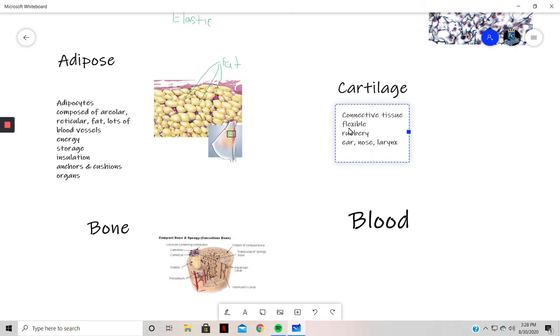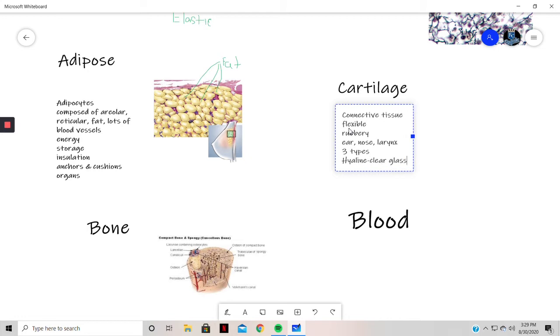Now, cartilage, and again, nursing students all over the room, you guys probably know this, but there are three types of cartilage. I'm probably going to run out of room here. I'll have to move that blood down a little bit. But three types. First type, hyaline cartilage. Let's see, what are some things we need to know about hyaline cartilage? Oh, it's clear,